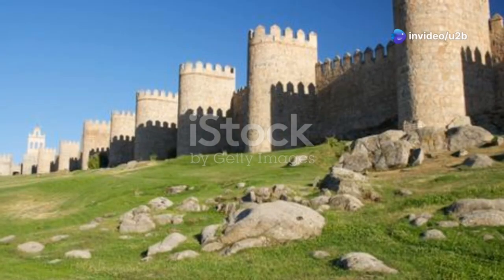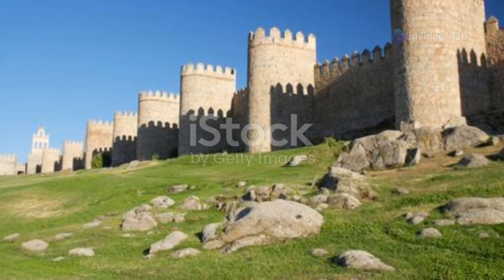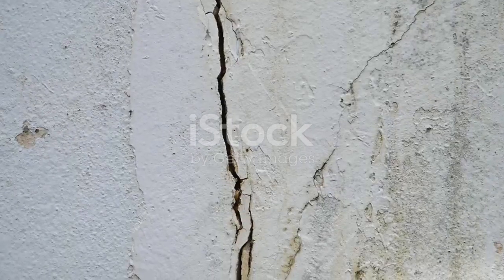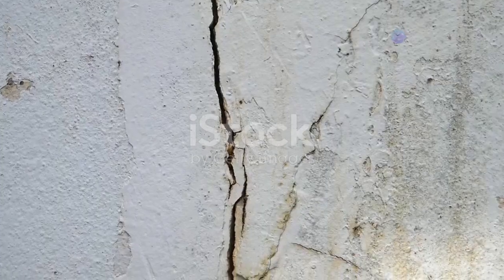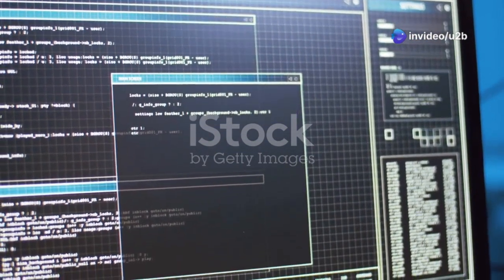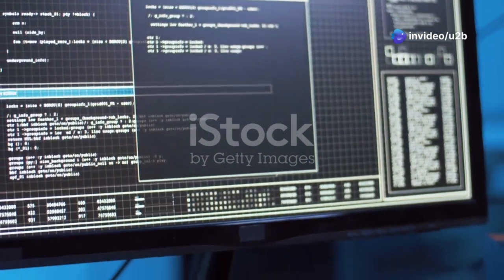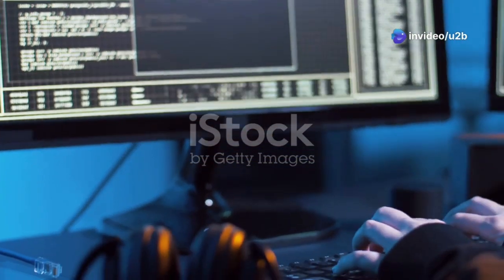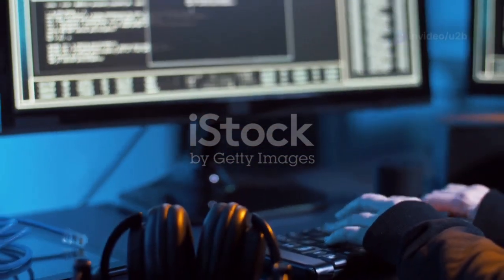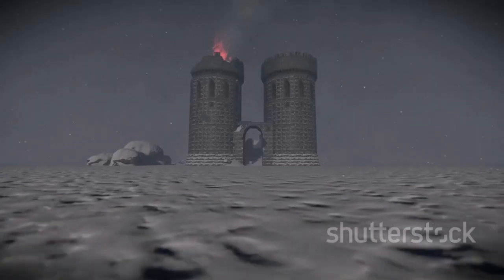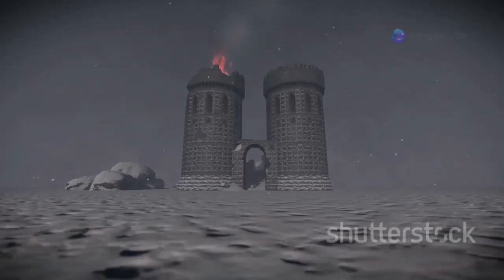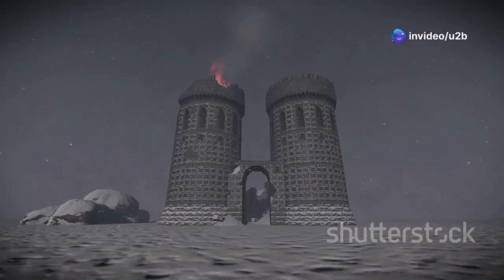Imagine a medieval fortress, its towering walls protecting valuable treasures within. But what if a single, overlooked crack in the wall allowed invaders to infiltrate the stronghold? Software vulnerabilities are like these cracks. They are flaws or weaknesses in software code that can be exploited by attackers to gain unauthorized access, steal data, or disrupt services. Just like a single crack can compromise an entire fortress, a single vulnerability can undermine the security